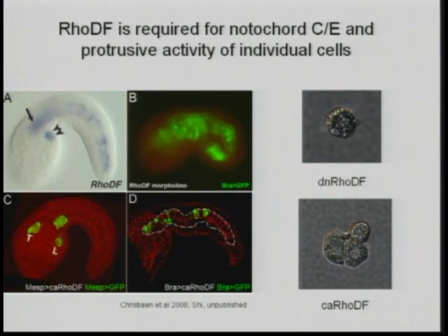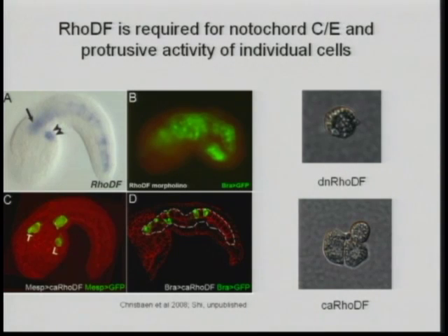And conversely, if we misexpress the constitutively active form of RhoDF in the heart or in the notochord, we also get defects, suggesting that the level of RhoDF is also required for the cell behavior. But anyhow, looking at the notochord cell behavior,